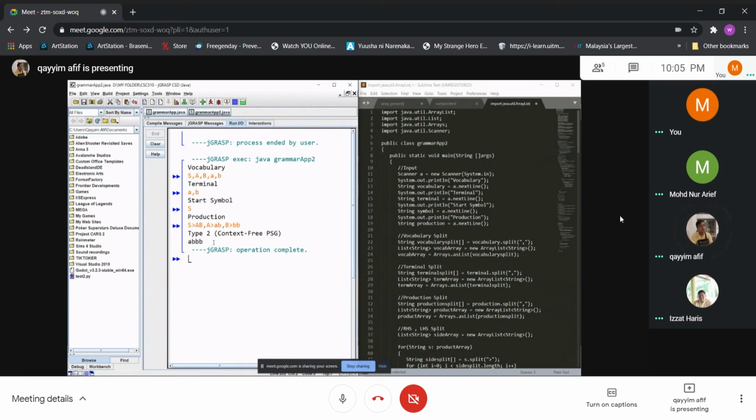That is how this program works. It reads the first start symbol, and if that matches, it turns into this, then splits into AB and BB according to the productions. If all the results are terminals, the program will stop. So that's how the program works. That's all from me. Thank you.